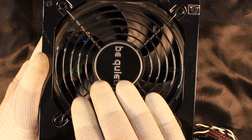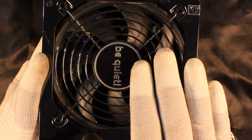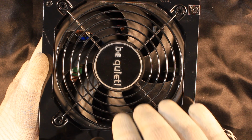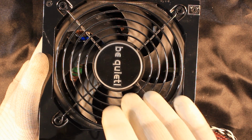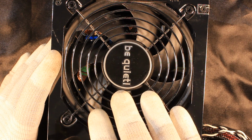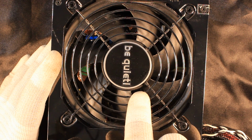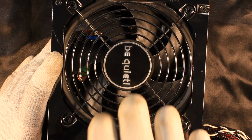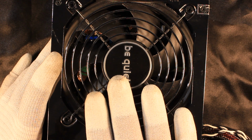Please, if you want to save money, then save money on the expensive packaging instead, but do not save money on the components which are really important, or even have vital functionality. The Be Quiet brand or company is very well known due to the very silent fans they use in their products. And I must say that this power supply you see here has indeed done a very